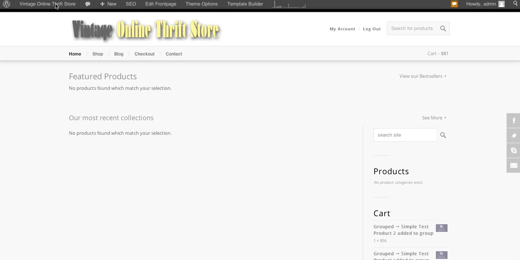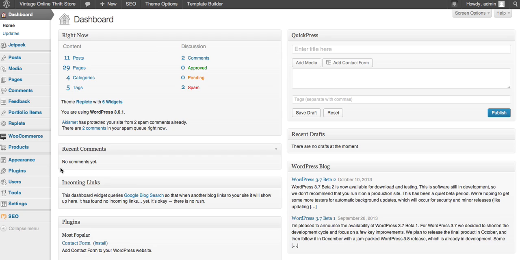After you're logged in, like I showed you in the last video, you'll see this navigation bar up here. If you're not logged in, you won't see this navigation bar. But after you're logged in, you'll just click on where it says WP, or Online Thrift Store, and click on that. It'll take you to the back end,